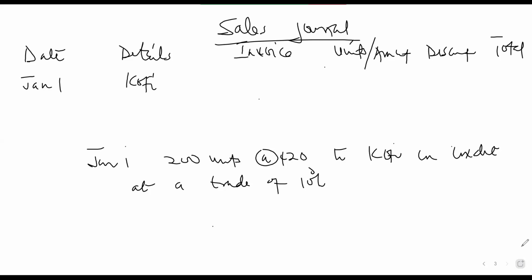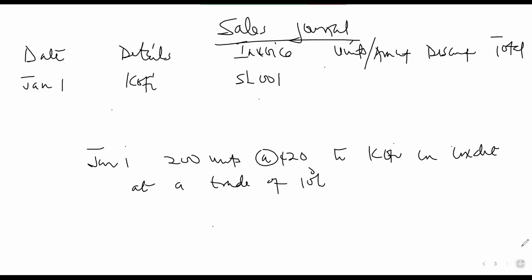Okay, so if you put a name there, the name will be very important because you can sell 200 cedis to a lot of people. So you can say sales to Kofi or Kofi in bracket 200 units. But normally we put the name of the person there, Kofi, details, Kofi. Okay, let's come to the invoice number. Let's assume that the invoice number is XL001.